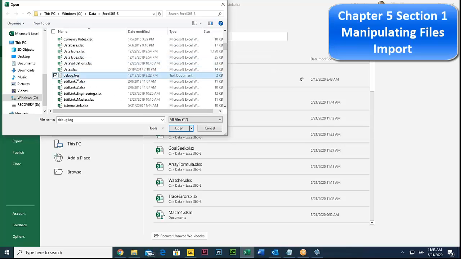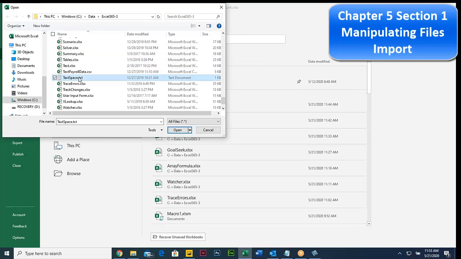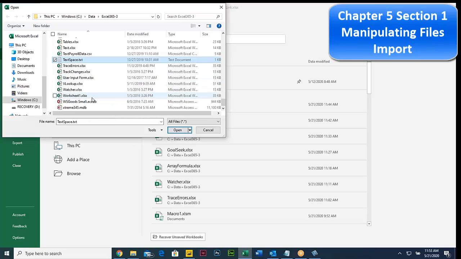There's one called debug log, text spaces. There's a couple out there, but this is one. We'll probably use this text-based one. So this is probably a text file that's using the space delimiter. So if I open up that text file with space delimiter right into Excel,